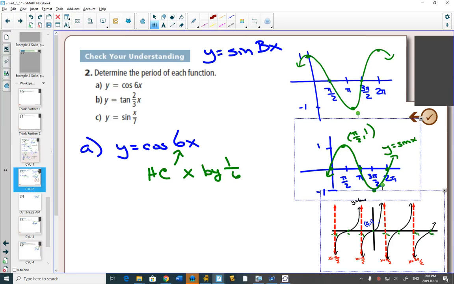So off to the side, I've copied and pasted all of our parent graphs. So we know what our cos graph is, this one right at the top. And a cos graph starts at a maximum and has a period of 2 pi. Now what's going to happen, horizontal compression by 1/6, the period is going to get squished. Can you see that happening? And as a result, when we go to graph this,